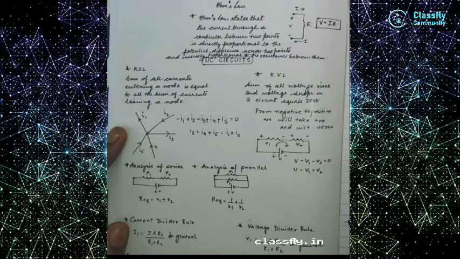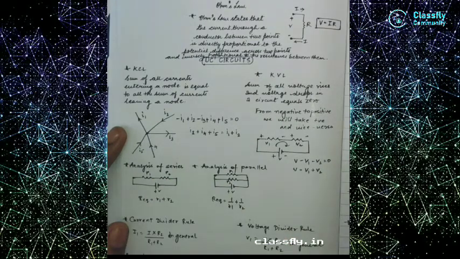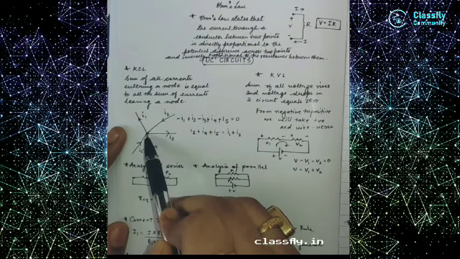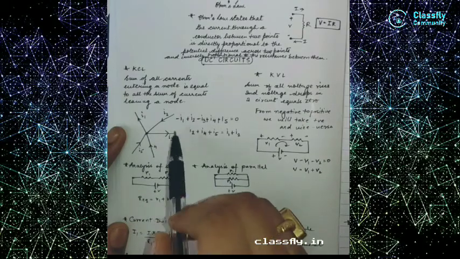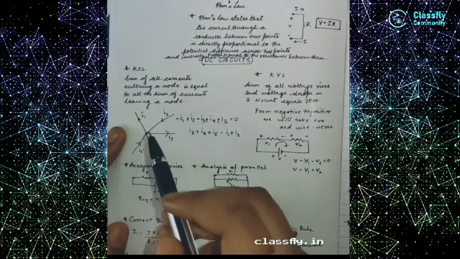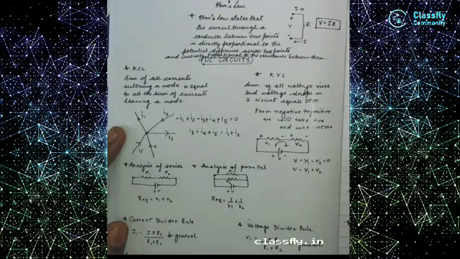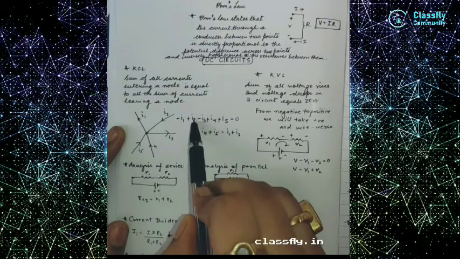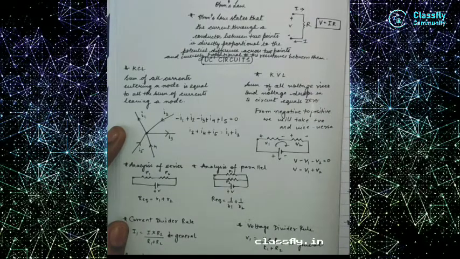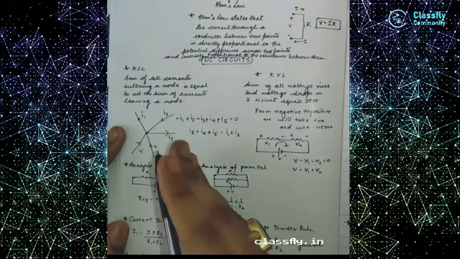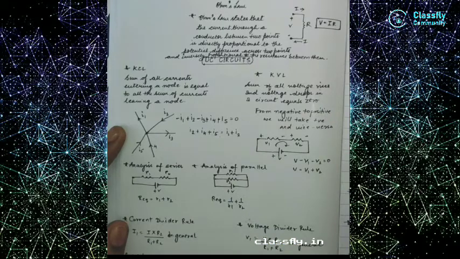Similarly, for the incoming currents, we will take them as positive, and for outgoing currents, we will take them as negative. So whenever there is a junction, some trains will come, but from there some trains will also leave. So here the sum of the input is equal to the sum of the output. As I2, I4, I5 are the incoming currents, we will denote them as positive. Similarly, I1 and I3 are outgoing, so we will denote them as negative. So when we shift the positions, we get I2 plus I4 plus I5 equal to I1 plus I3.